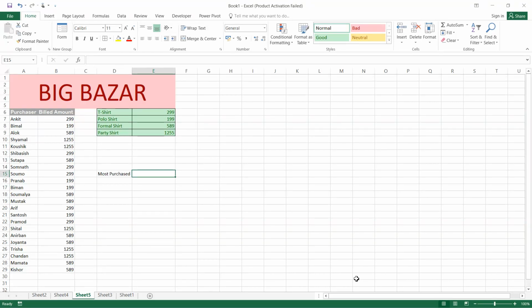Hello guys, consider this set of data which is present in front of me. In our shop, Big Bazaar, the t-shirt, polo shirt, formal shirt and party shirt have been priced at some rupees, and there are some names of the purchasers, and their billed amount is based on the type of shirt